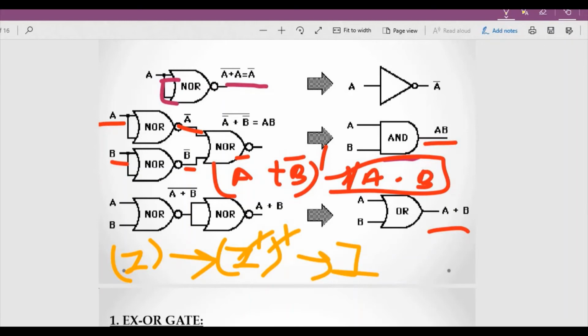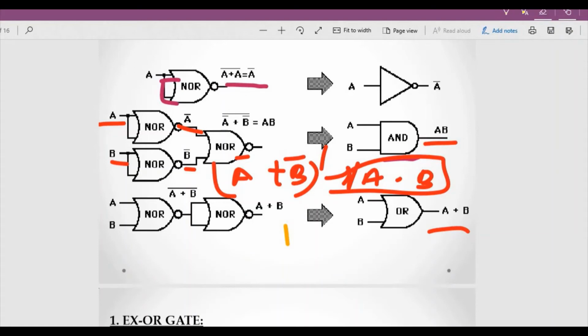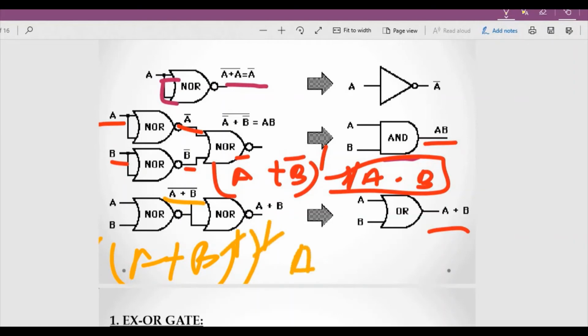Okay, so here what is happening in our case, when you are going with a NOR gate and you are generating an OR gate, at that position you are getting A plus B complement, because it is a NOR gate, and again you are sending it to the inverter, so you are getting a double complement. So this complement cancels and you are getting the original, that is A plus B, and that is what our motto was. So we are getting the OR gate using the NOR gate.